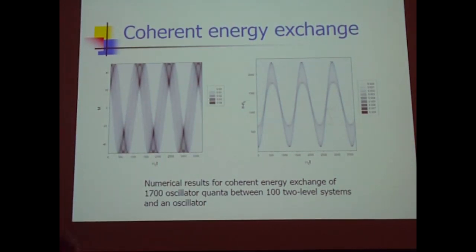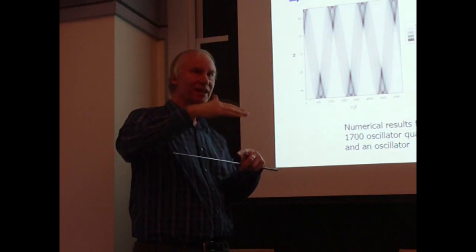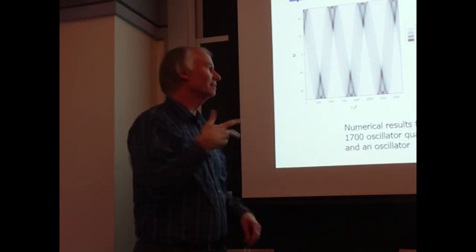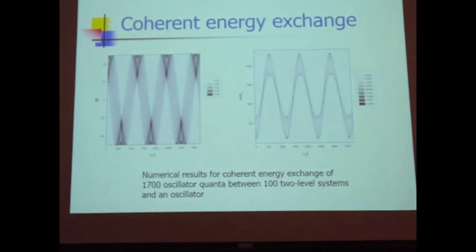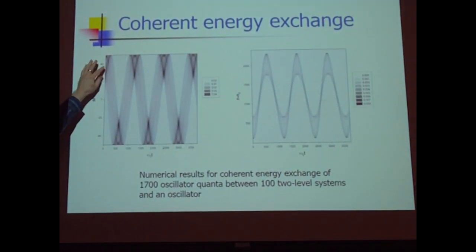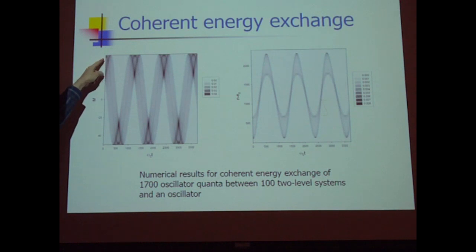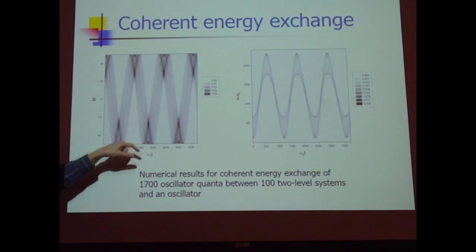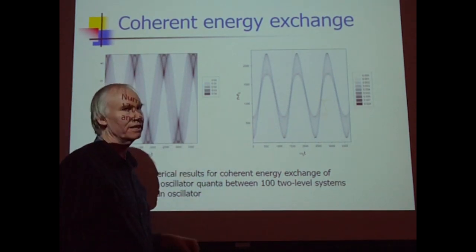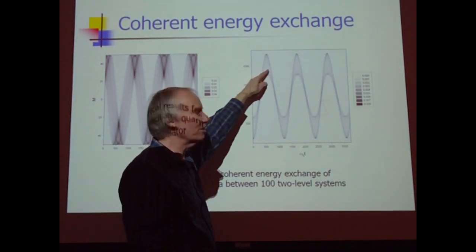If you've got a two-level system that's an odd multiple of an oscillator, so if you have a lot of oscillator quanta making up the two-level system quantum, the spin boson model describes energy transfer between them. So here are results from a direct brute force solution. Here are my two-level systems being described by the associated Dicke number. So I have 100 two-level systems, so this is like 50 plus and 50 minus, and this sort of says all of them are excited, all of them are de-excited, and they go from being excited to de-excited, excited, de-excited. And this is the oscillator, so I have a lot of phonons in the oscillator, and when this de-excites, the number of phonons goes up, or the number of oscillator quanta go up, and then it goes down, go up, go